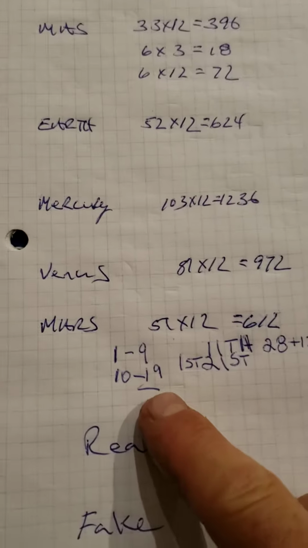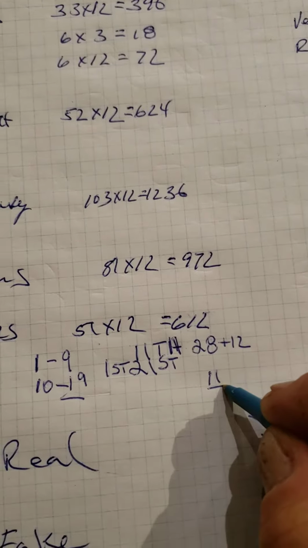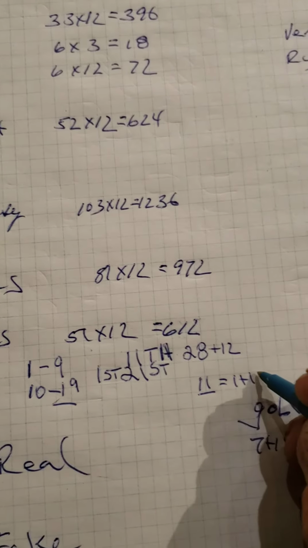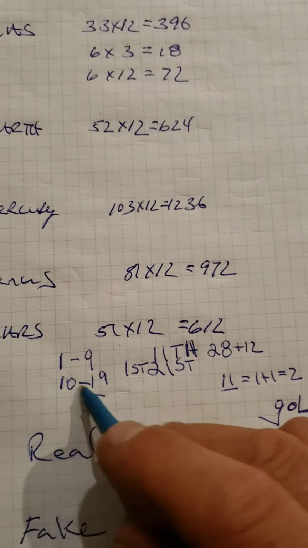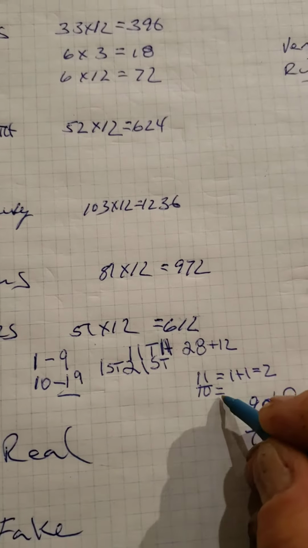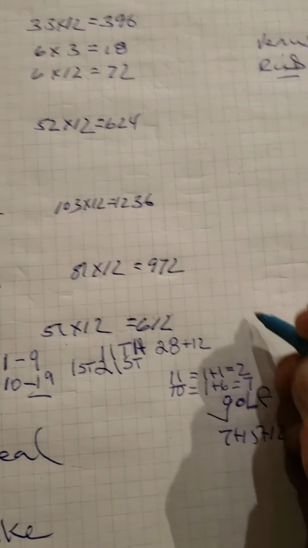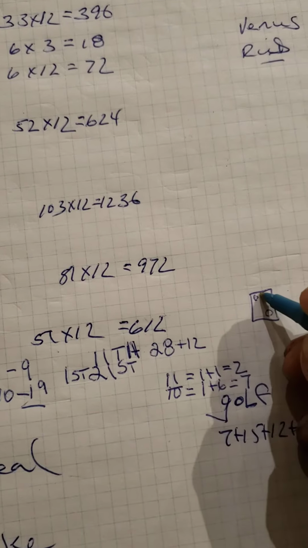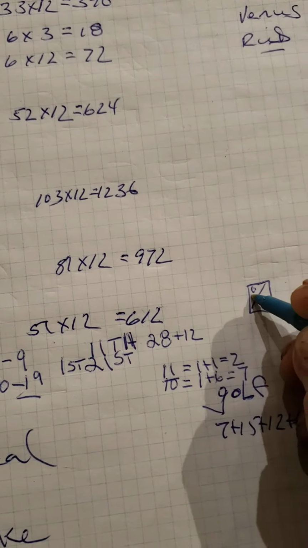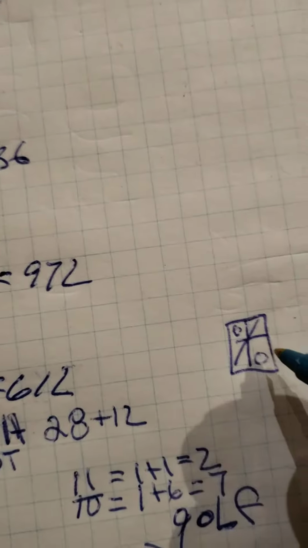But when you're going 1 through 19, what's going to happen is if you end up at, let's say, 11, okay, that's 1 plus 1 equals to 2. So 11 will now equal to 2. When you come to 10, all zeros equal 6. Now 10 will equal to 1 plus 6 equals to 7. And if you look at the 2 dice, you'll have 2 dots with 7 voided spaces. And this is the one-sided star. It'll either be the star this way or the star this way.